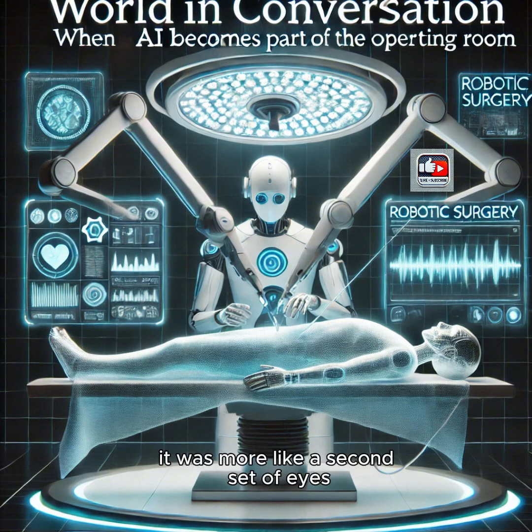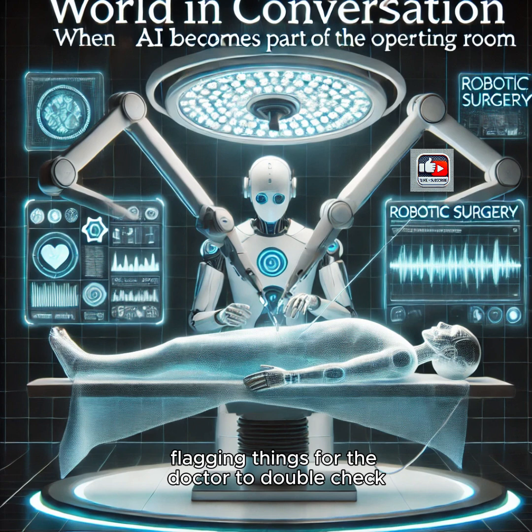It was more like a second set of eyes, flagging things for the doctor to double-check and make the final call. Oh, okay, so it's like an extra layer of safety. Makes sense. Exactly. And that's just one example. I mean, AI is being used to analyze scans, predict how a patient might recover, even guide surgical instruments in